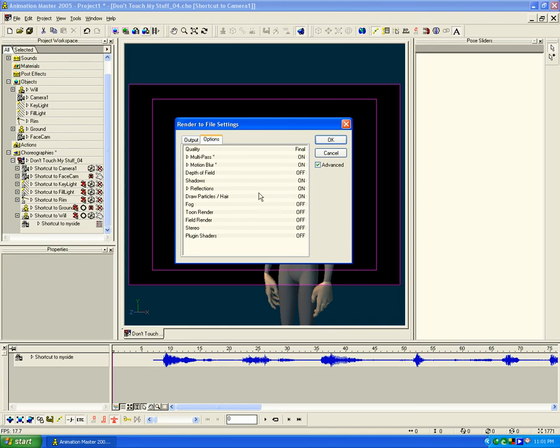Reflections, no big deal, they're on, but let's just turn them off because there is no reflection going on in here. Draw particles, hair, I don't need those on, and the rest of these you can learn about online, about what they do: tune rendering, field rendering, stereo, all that kind of stuff. So once I'm ready to do this,